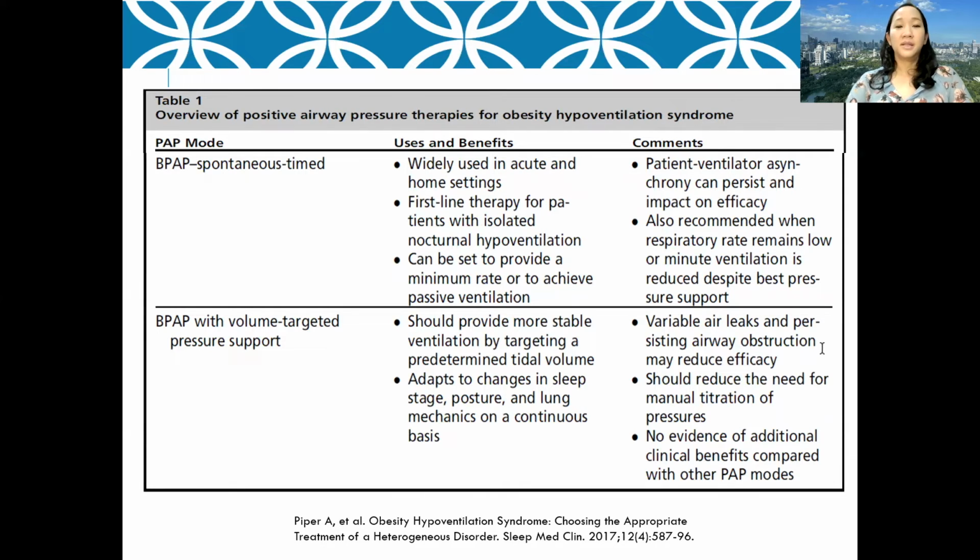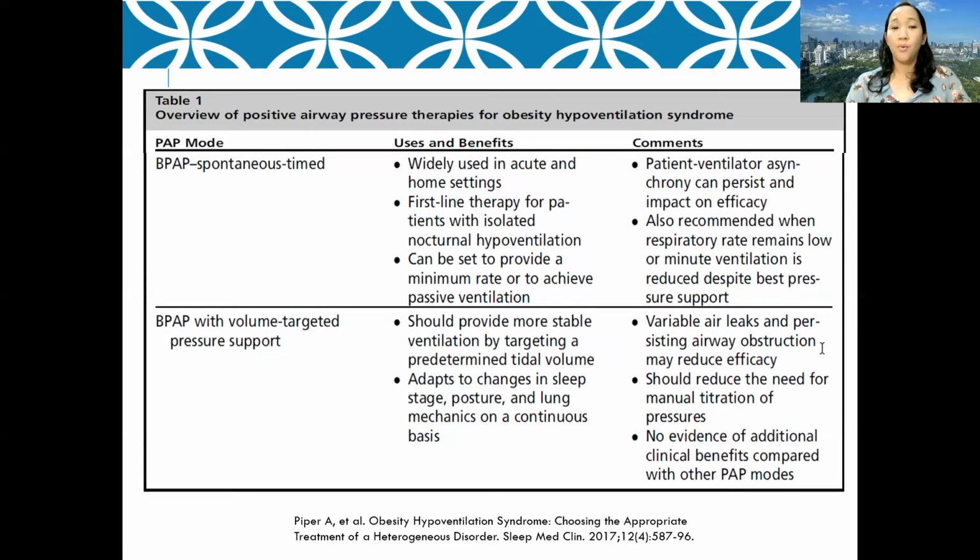Next is the BiPAP ST mode. It is widely used in acute and chronic settings. It's the first-line therapy for patients with isolated nocturnal hypoventilation. It can be set to provide a minimum rate or to achieve passive ventilation, meaning you can set the rate higher than the patient's baseline respiratory rate. However, it can induce patient-ventilator asynchrony. It is, however, good in the population whose respiratory rate remains low or ventilation is not adequate despite